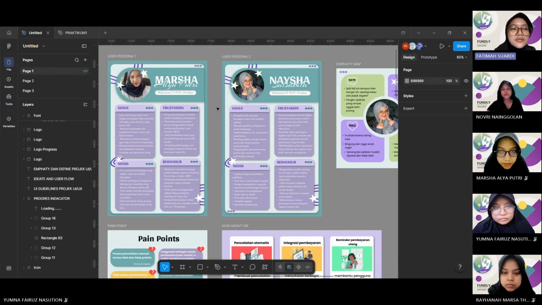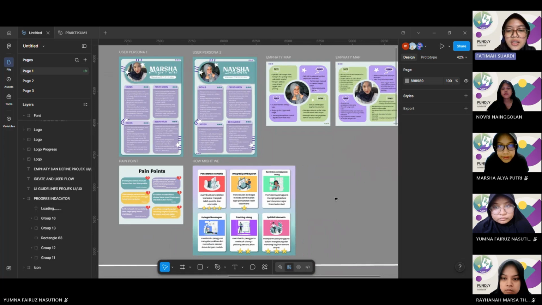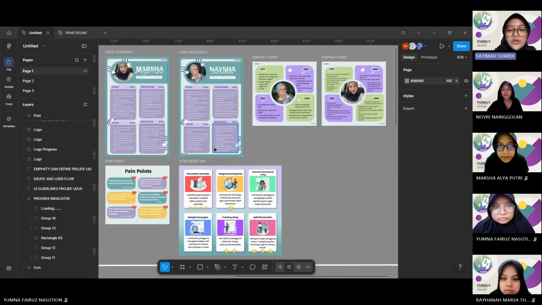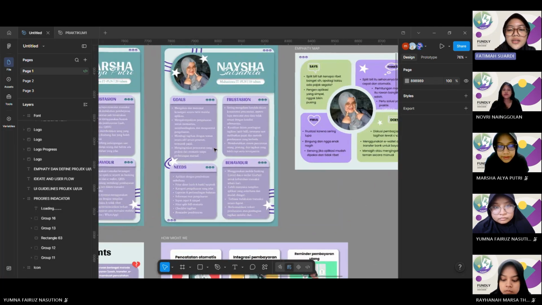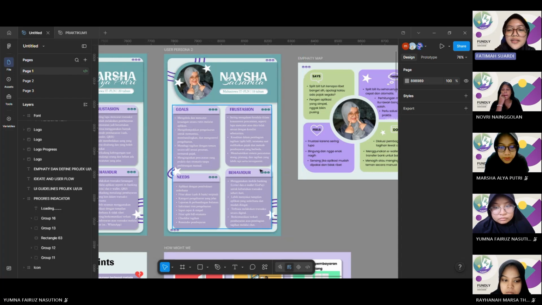The first persona describes a user who wants to better manage their income and expenses, but still faces difficulty because record keeping is done manually and they often forget to log transactions. The second persona describes a user who frequently splits bills with friends, so they need an easier way to calculate split bills, track debts, and keep track of who hasn't made payment.